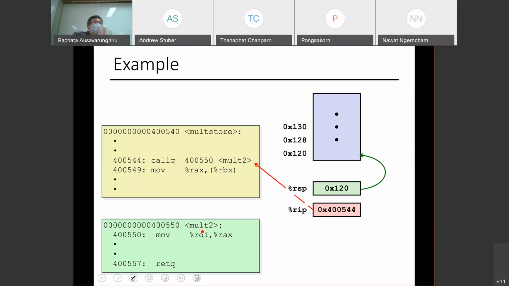So here's the cartoon example, right? Let's say the stack pointer is at 120. We are at this line, 544. This is right before we call the function. This is the instruction pointer, which is again 400544. We are about to execute call q